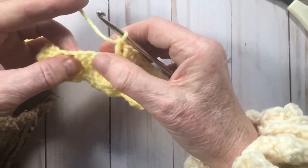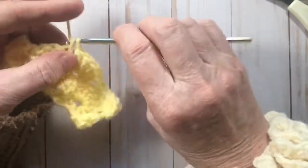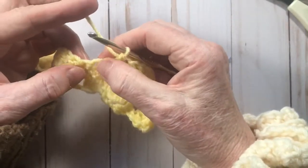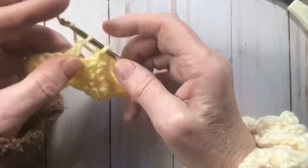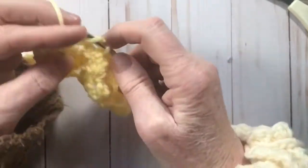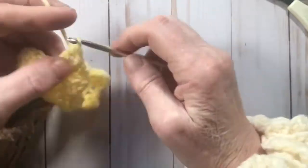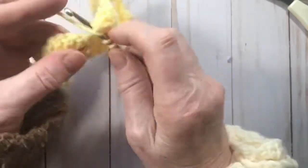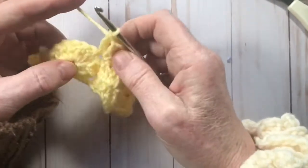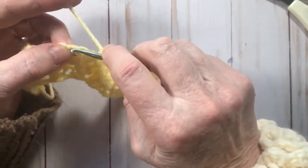Now we're going to go 1, 2, and into the third one we're going to single crochet, and then we'll go 1, 2, and into the third one down. This is where we're going to be making our 5 double crochets. 1, 2, 3, 4, 5, and then once again we're going to count up 1, 2, and in the third one up we're going